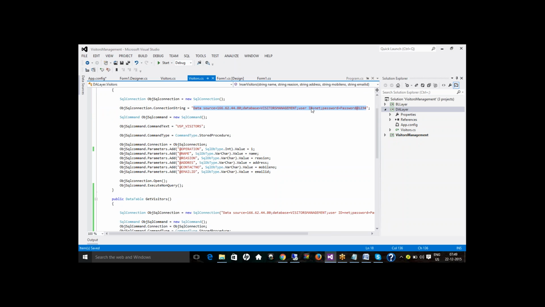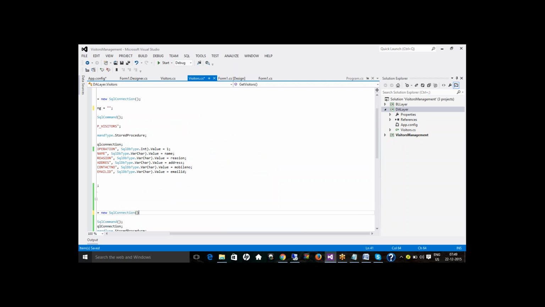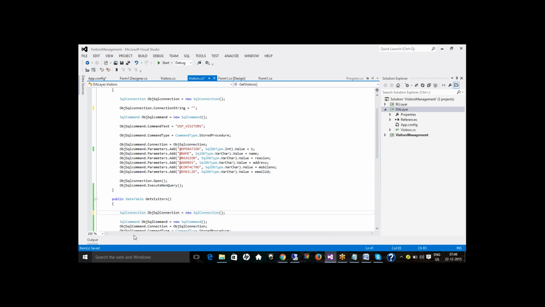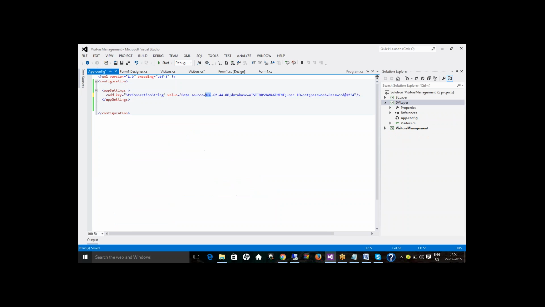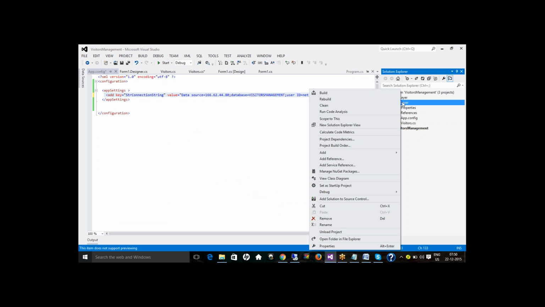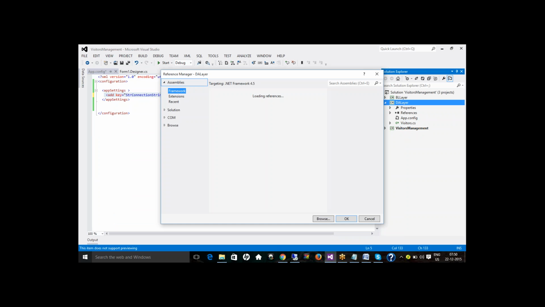I don't want to do it the old way. Why? Because if you want to change it in real time, we would need to modify hundreds or thousands of methods. So what I did is right click on the project, add the app.config file, and in the configuration section I added the appSettings part with an add key value. Then again right click on the project and add reference,